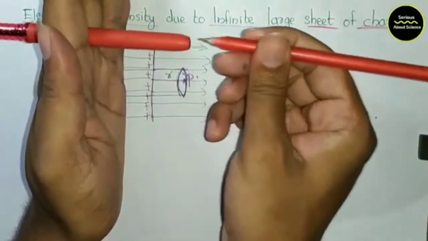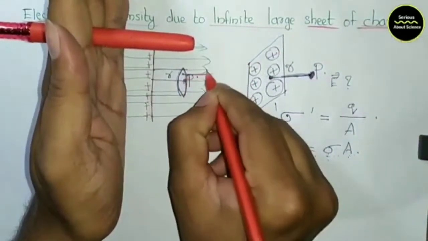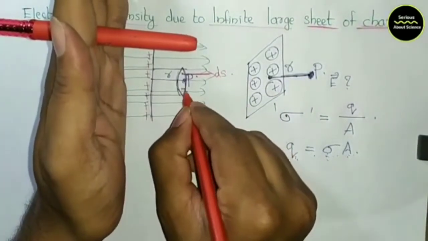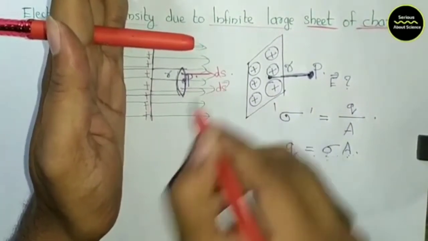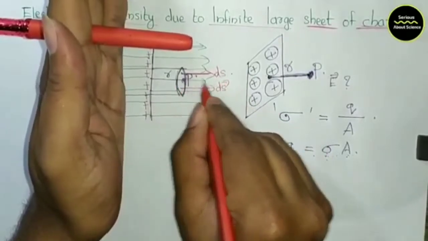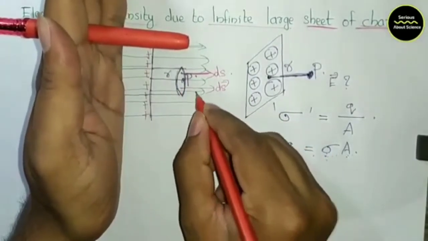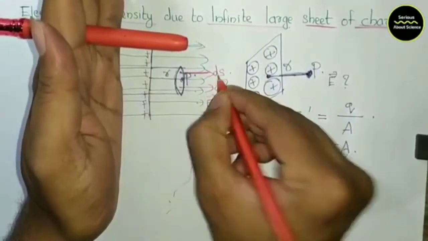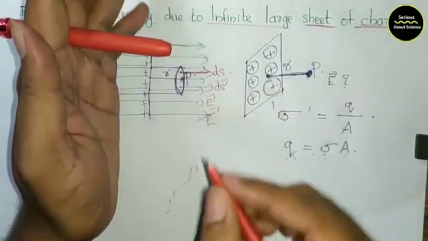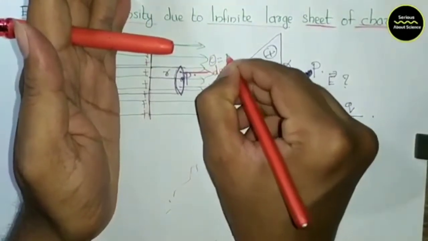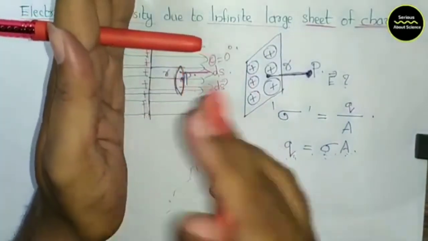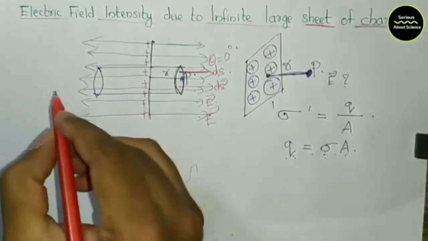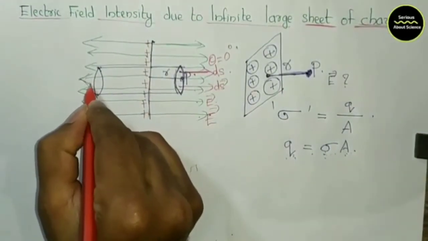Now you can observe from this figure that the electric field intensity E vector is always directed radially outwards and away from the sheet. Moreover, this small elementary area ds is also the outward drawn normal on the Gaussian surface, so both E and ds are going radially outwards. As the lines of force are parallel to the curved surface of the cylinder, the flux through the curved surface is 0. That means there will not be any electric flux over this cylinder's curved surface.